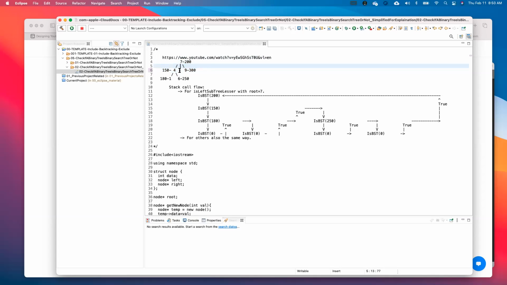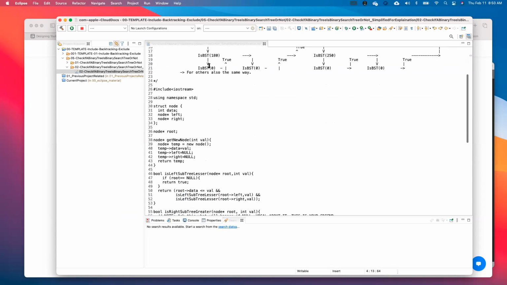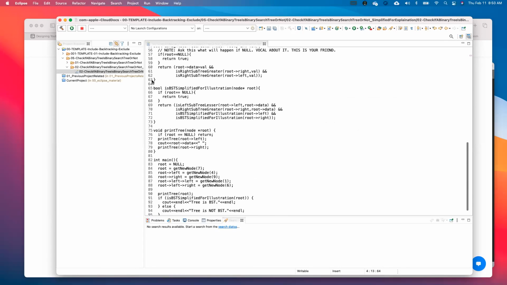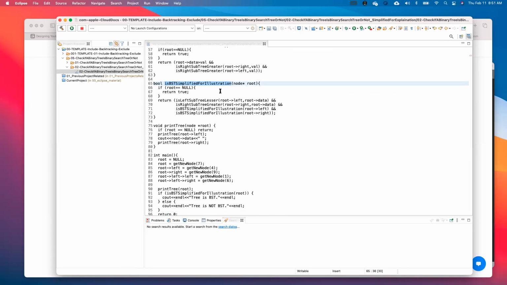So this is basically the property. If you see the code, how we can modify this is isBST, and if root is null, it means it's true. If at all we reach that end, where root itself is null, then it is a BST.